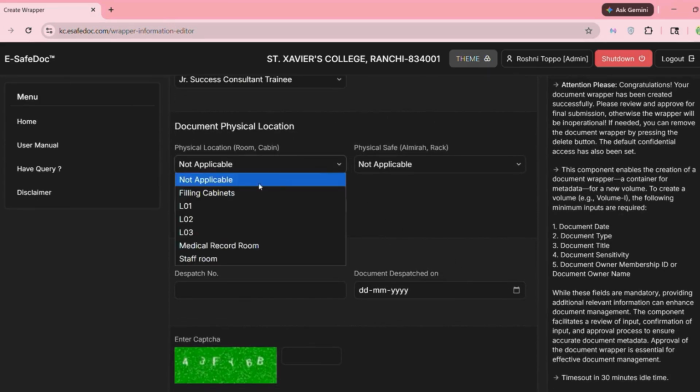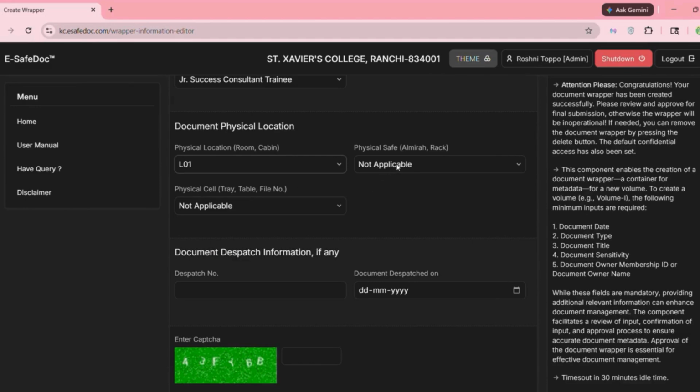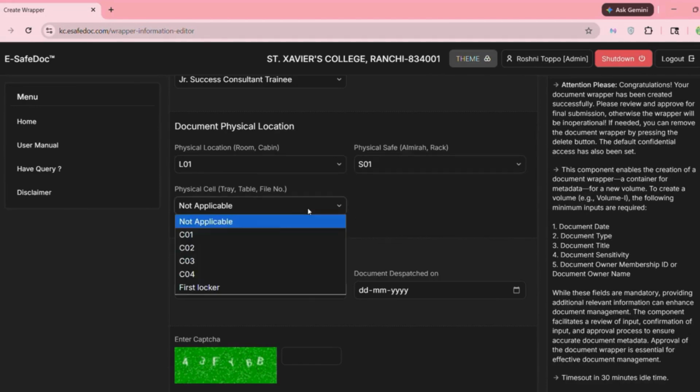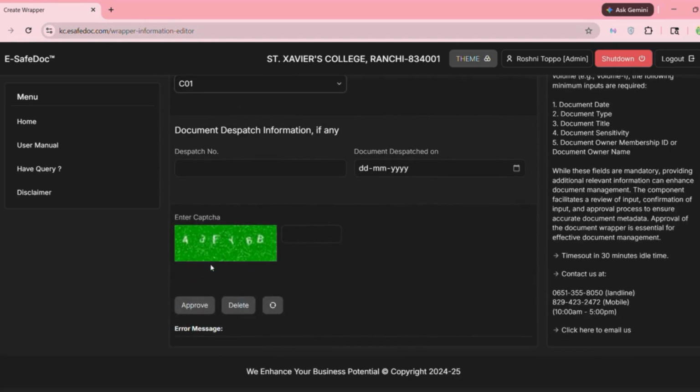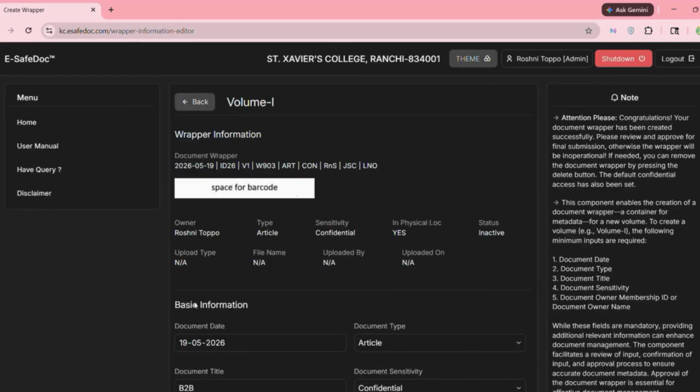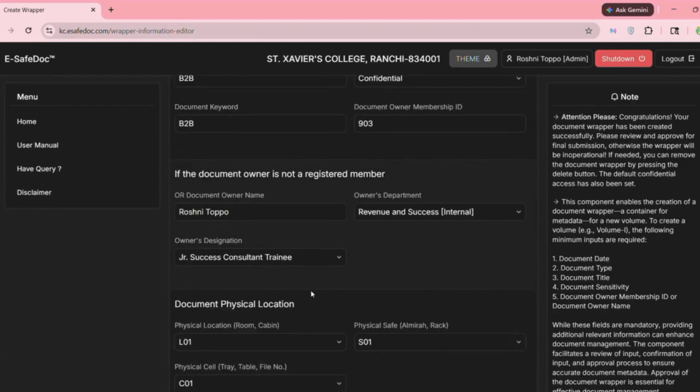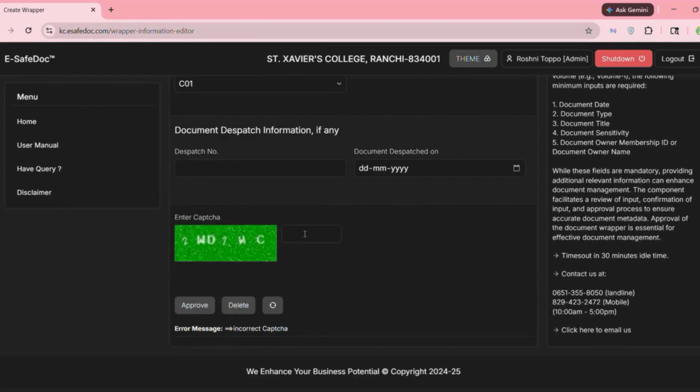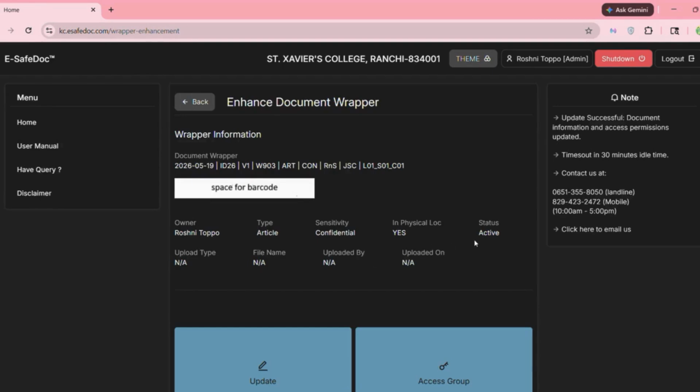So we simply define the location. Now you can see that the wrapper is in active state.